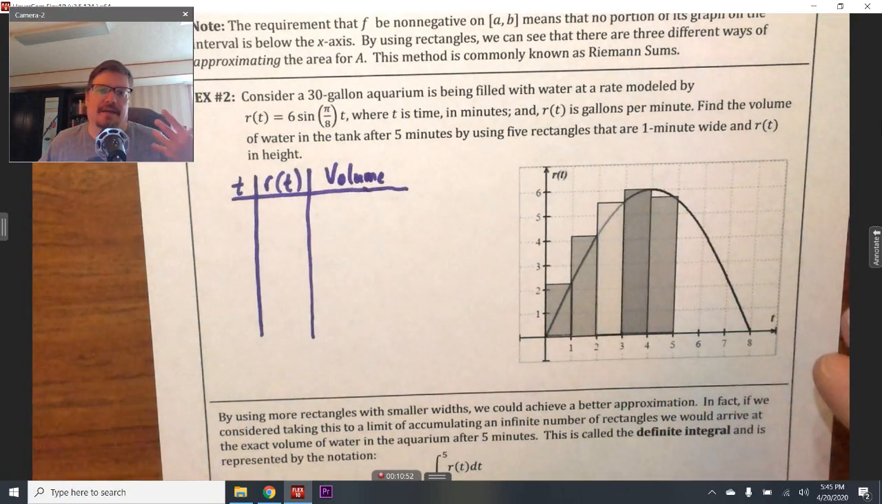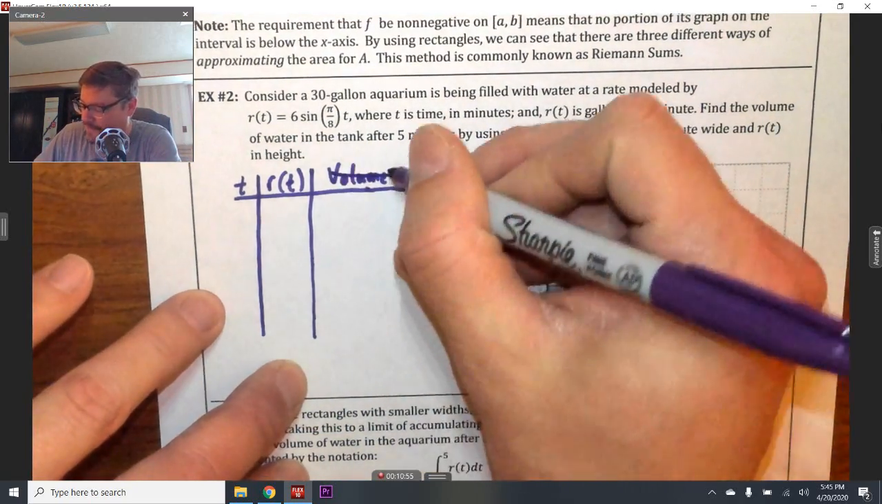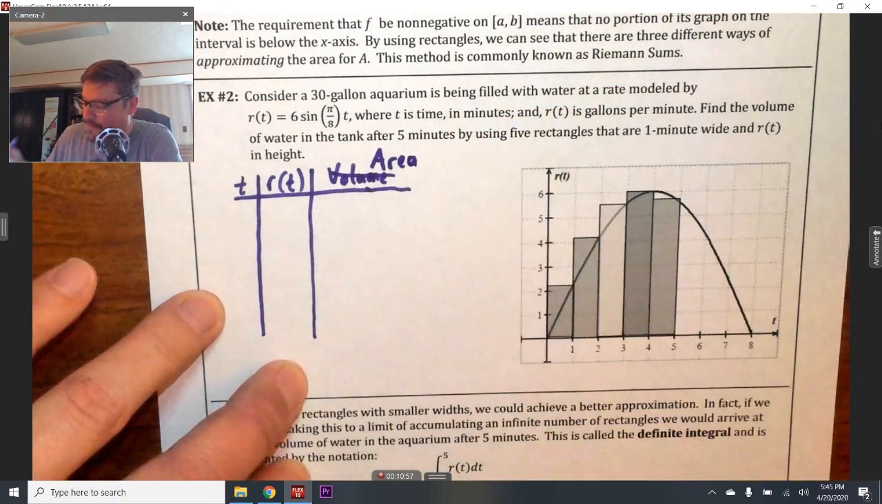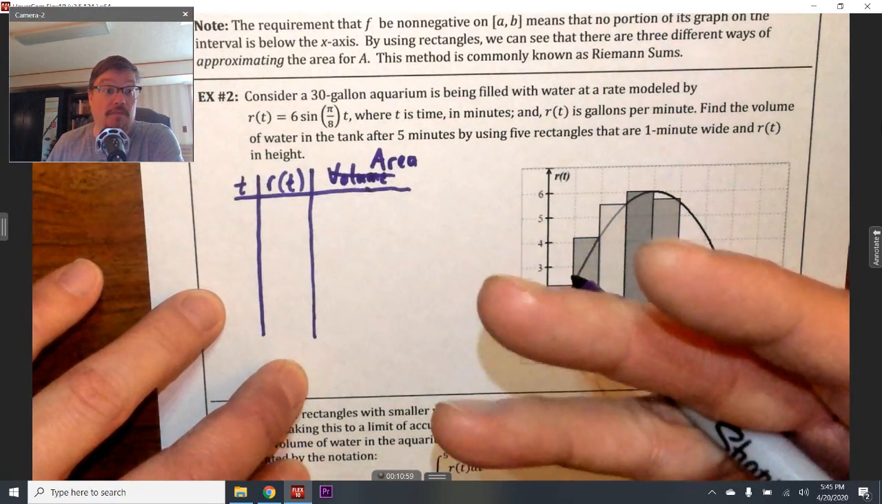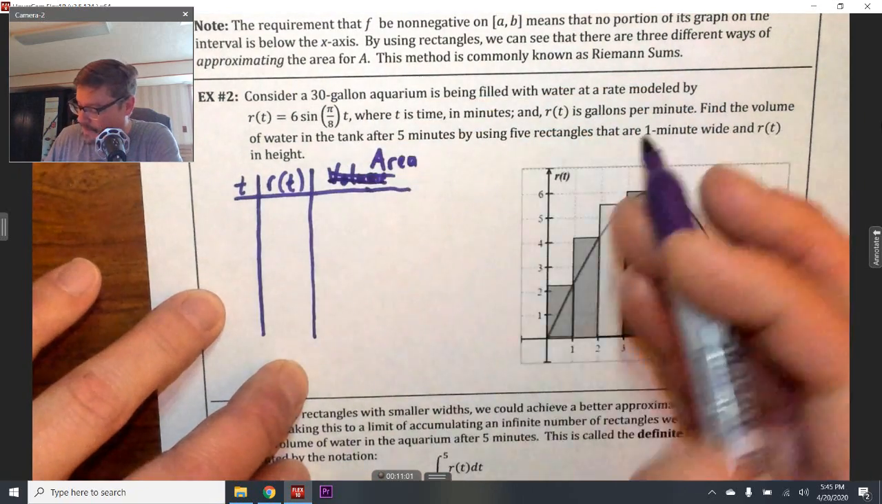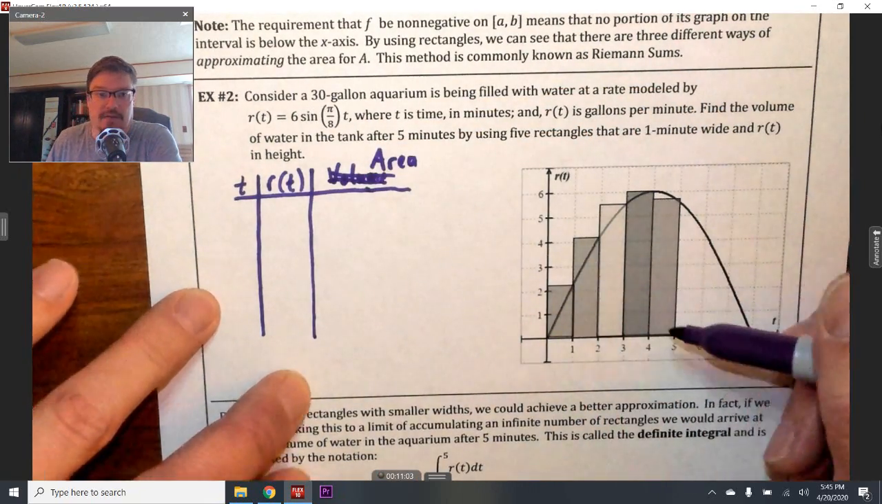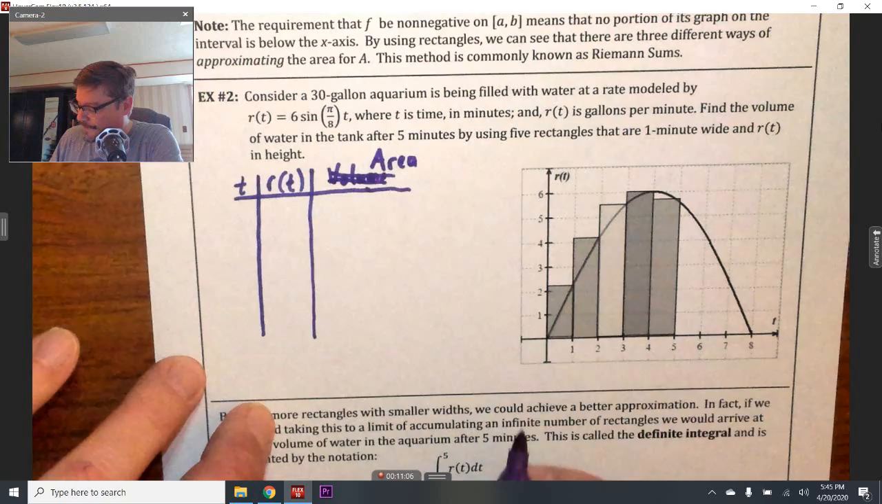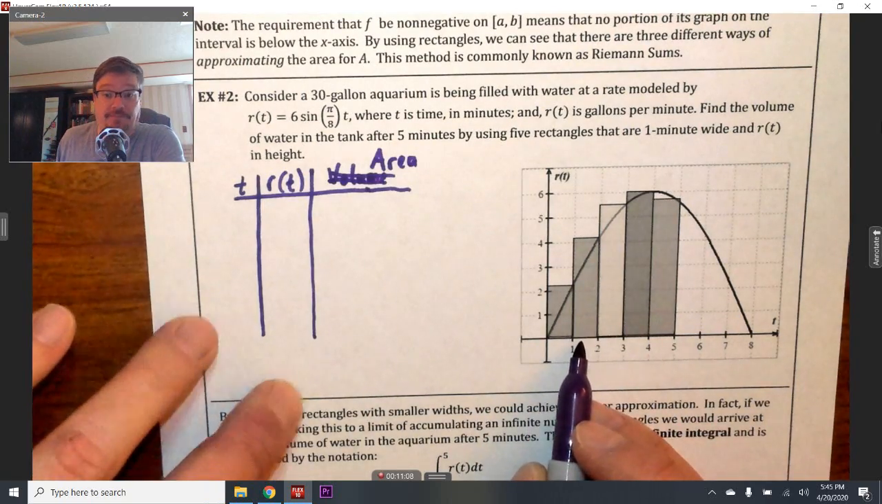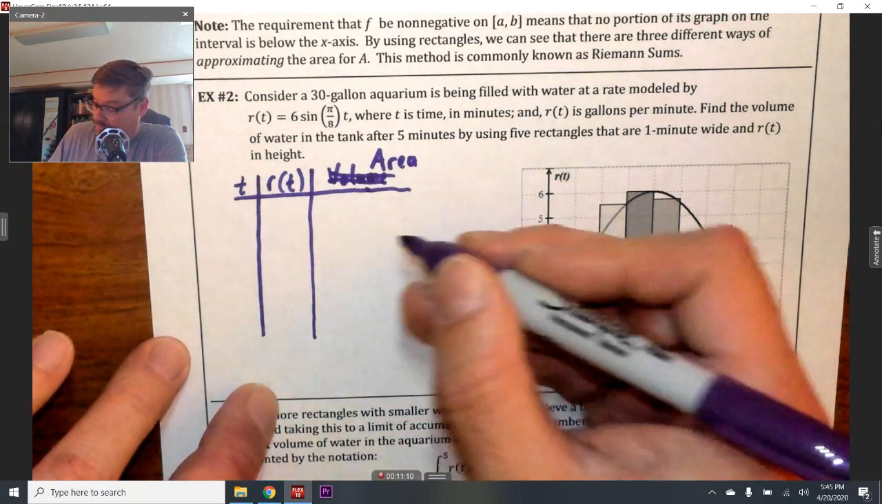Well, actually, I wouldn't say volume. It's really, no, let's say the area of the rectangle. But in this context, it actually is volume. Okay? So this is the area of the rectangle. So at, let's see, if I go to time 1. Okay, at time 1,